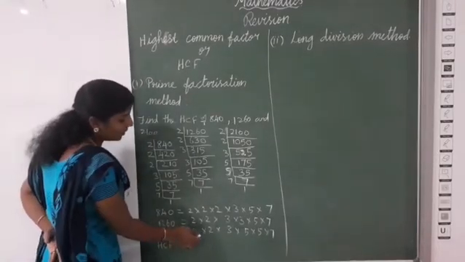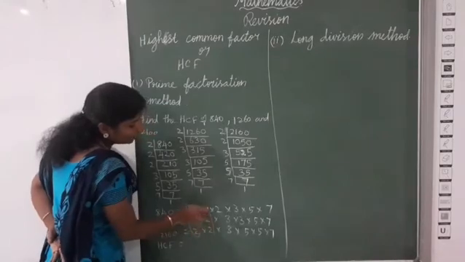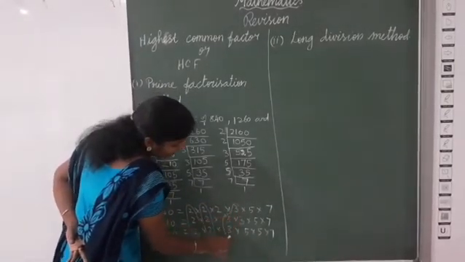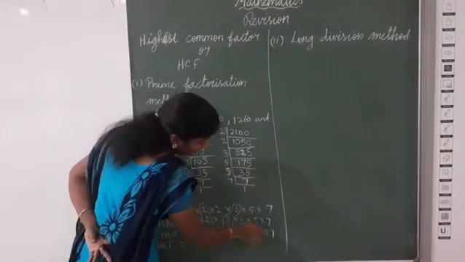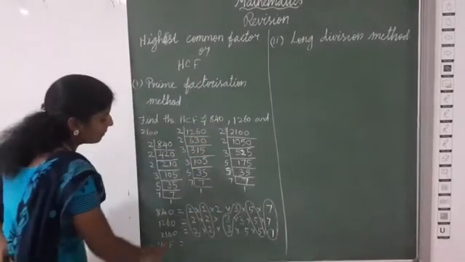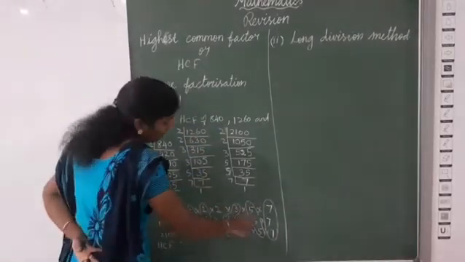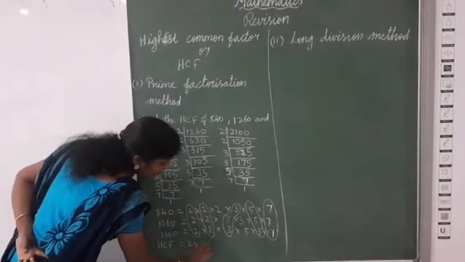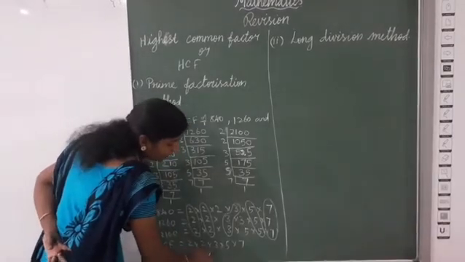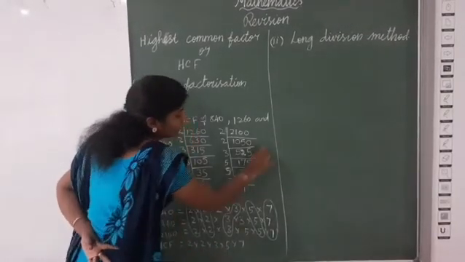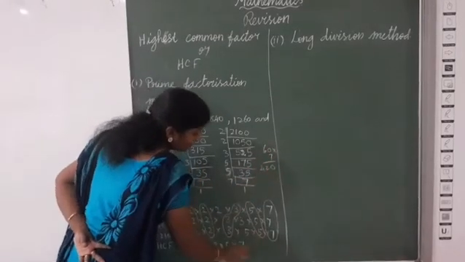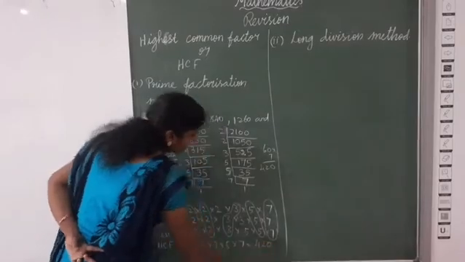We can find the common factors. 2 is common. Again 2 is common. Then 3 is common, isn't it? Yes, 3 is common. Then 5 is common. Then 7 is also common. Isn't it? So we can multiply the common factors. 2 into 2 into 3 into 5 into 7. 2 2s are 4. 4 3s are 12. 12 5s are 60. 60 into 7. 0. 6 7s are 42. So 420 is the HCF of